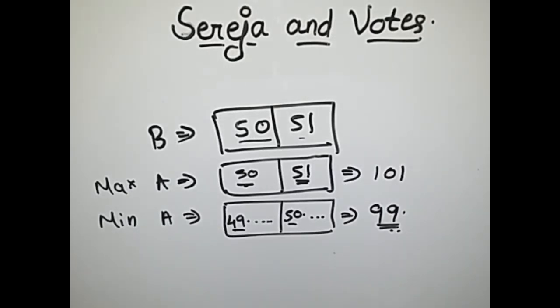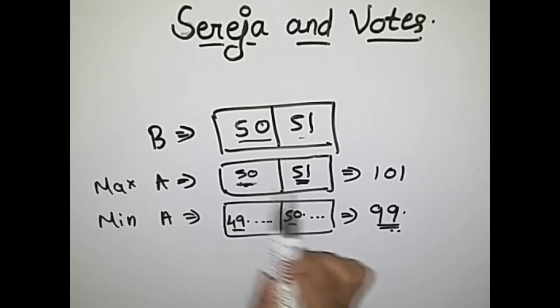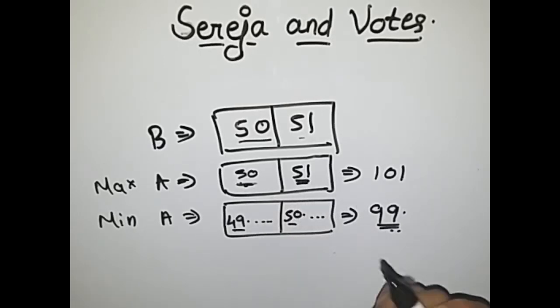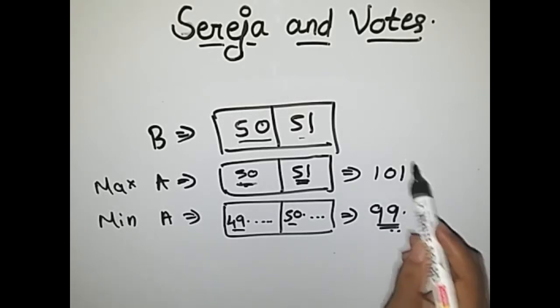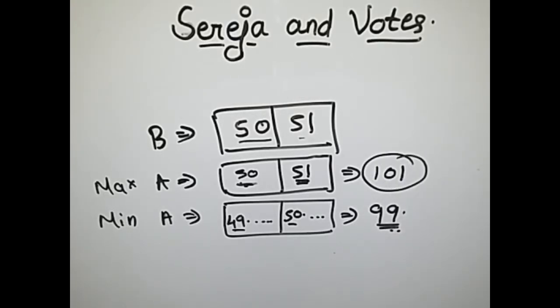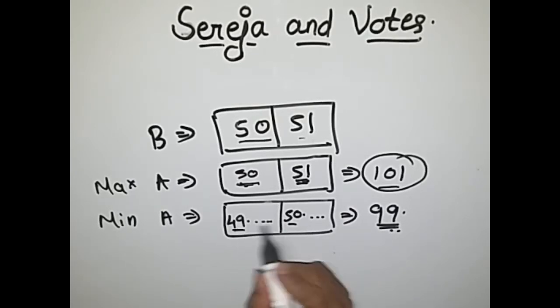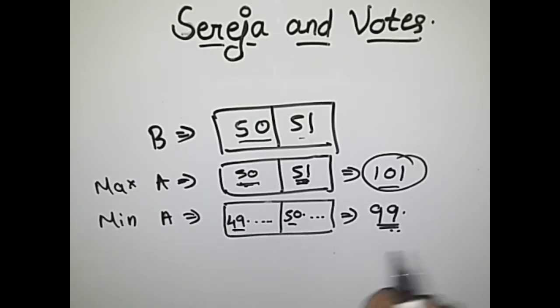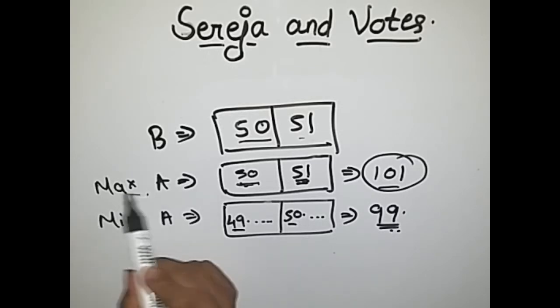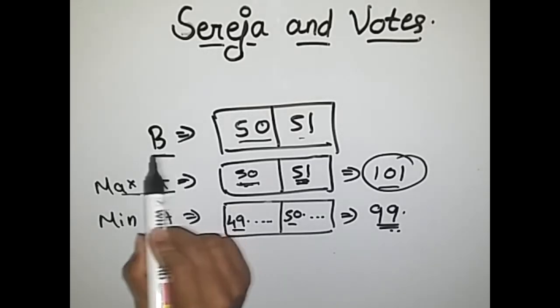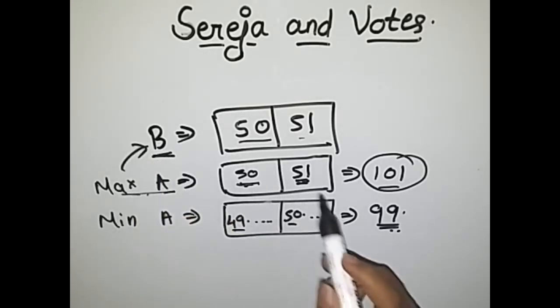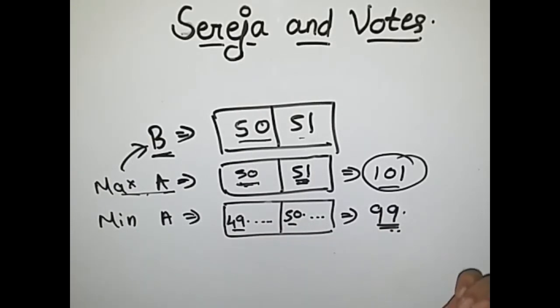theme of this sum is what we have to do is just check the maximum value, that is 50, 51, just round it, just check the sum of the elements of array B, and it should always be greater than or equal to 100. Why is this? Because if it is greater than 100, then only we can ensure that we can form 100 by using elements which are just slightly smaller than in array A. So the maximum value of A, that is almost the same as B, its sum should always be greater than or equal to 100.